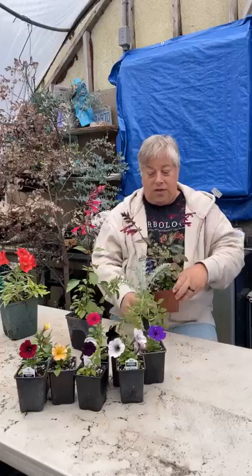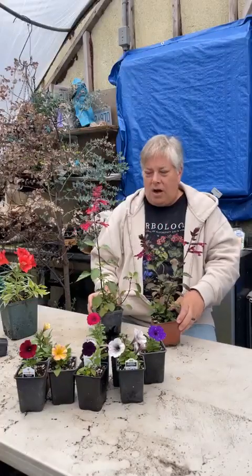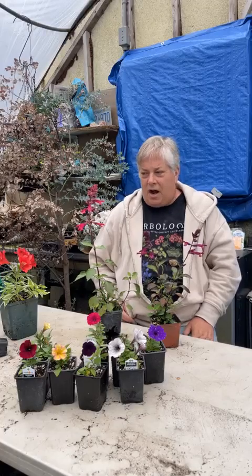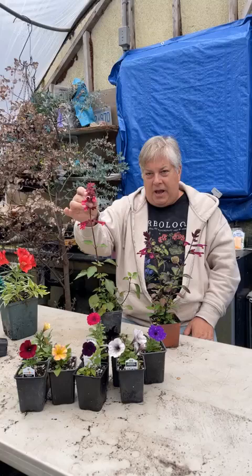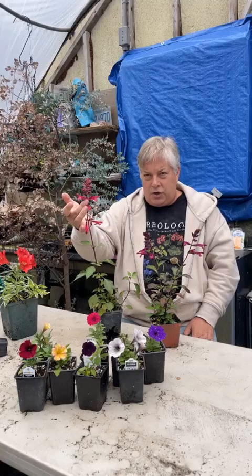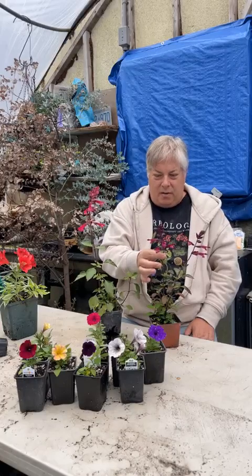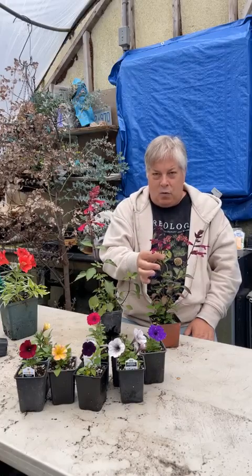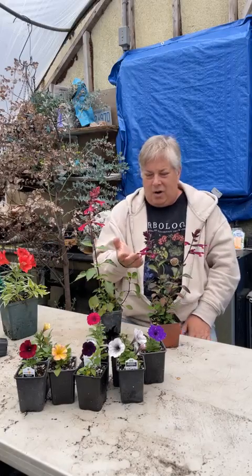Looks great with things like the salvias. And, well, I've got them right in my face, tender salvias on the market today. This big pink guy here is Wendy's Wish, and one of its more diminutive cousins, this is Love and Wishes, with the deep sort of, I don't even know what color that is. Is that a deep, I don't even know. But